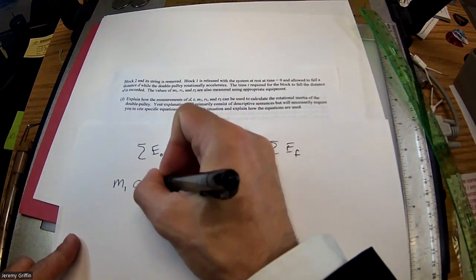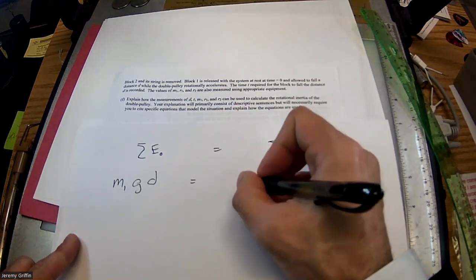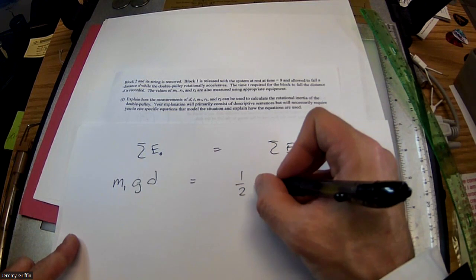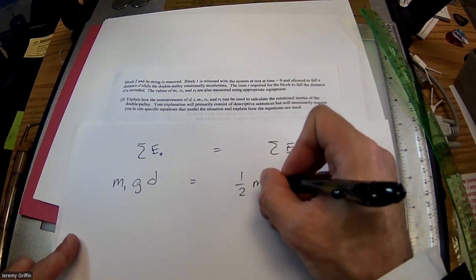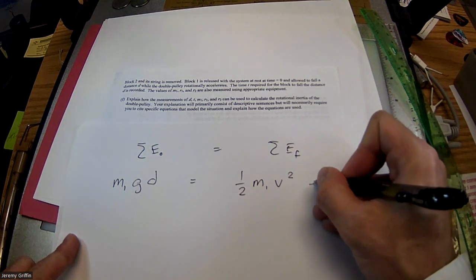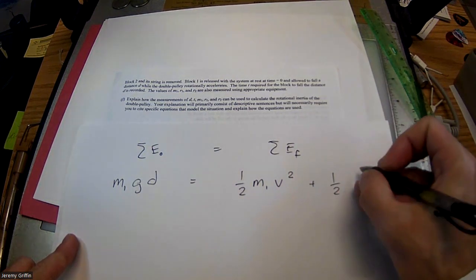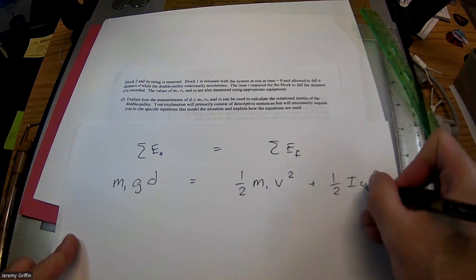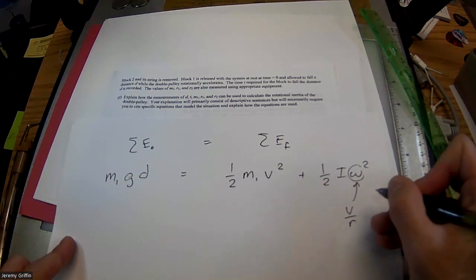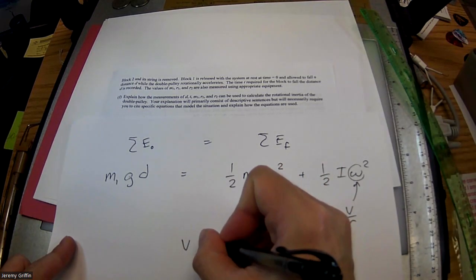m1 g d, the distance of fall, and that's going to turn into one half m1 v squared plus one half I omega squared, where this omega would be v over r, and v would be